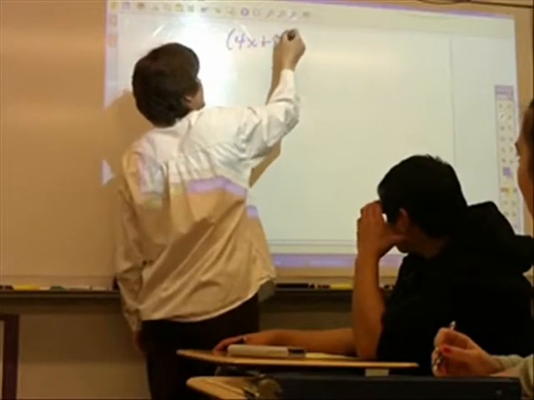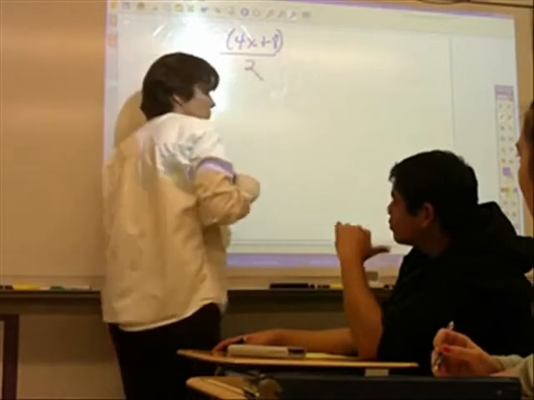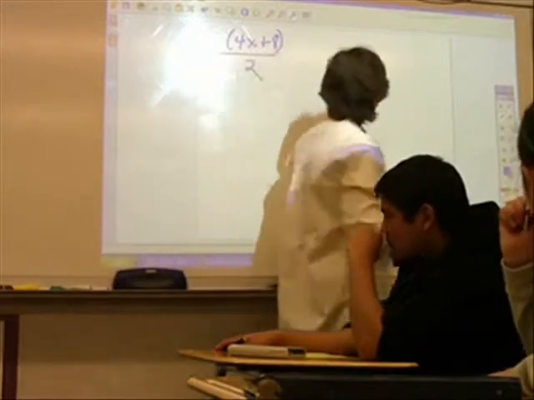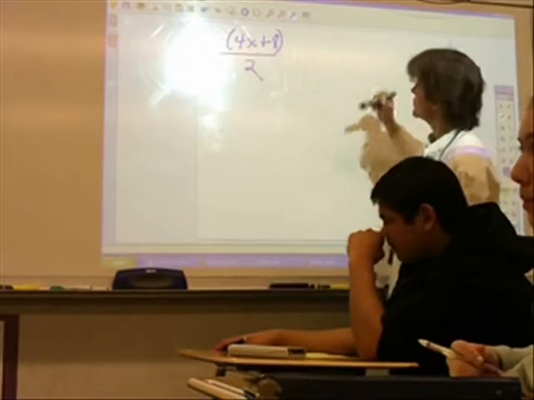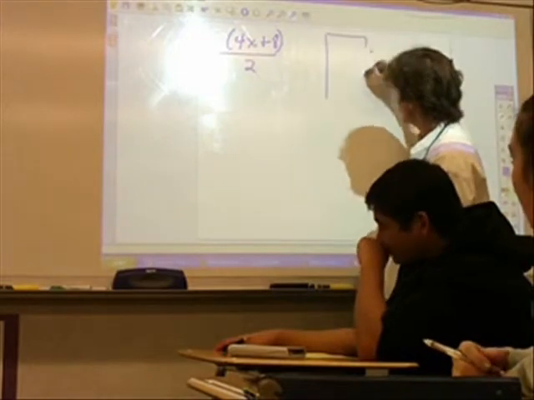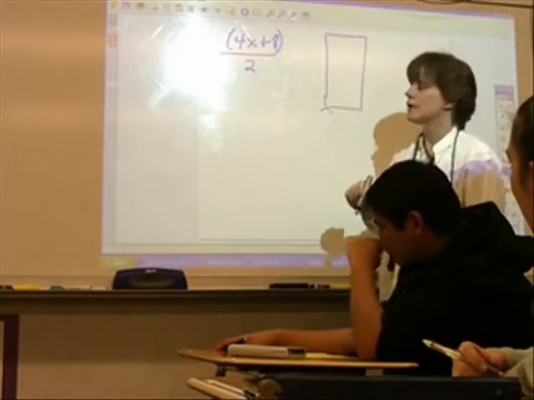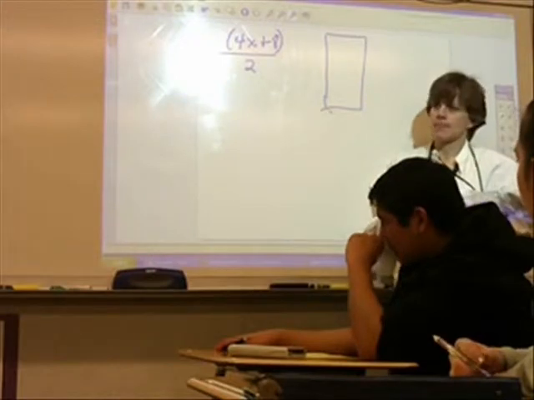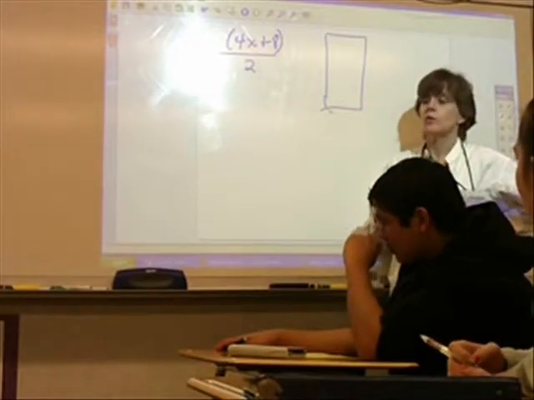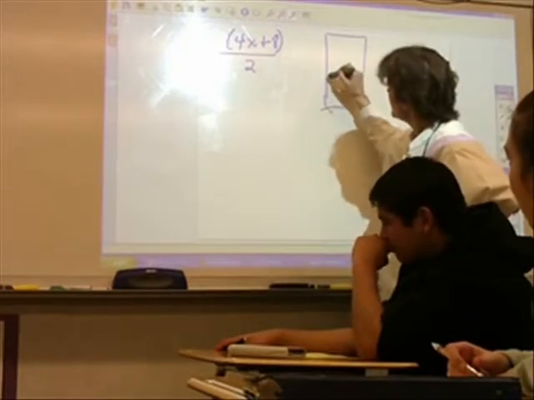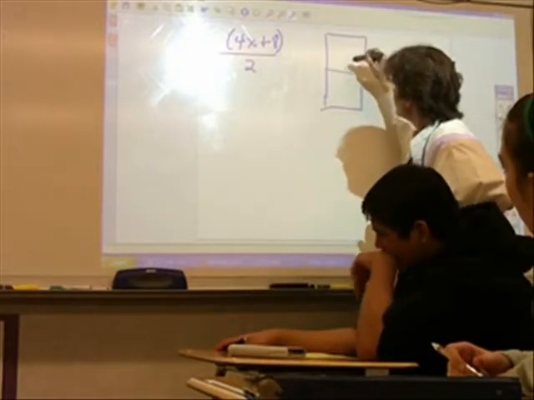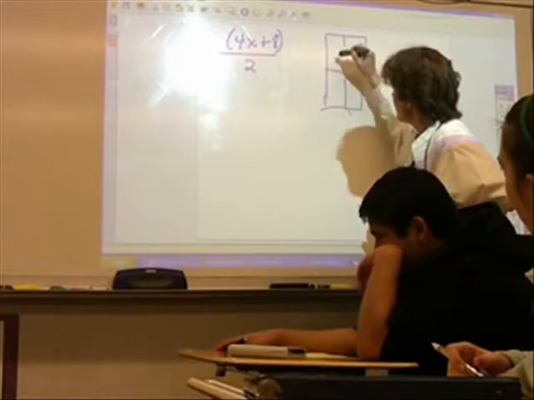4x plus 8 divided by 2. Now, Jasper, what are we doing here? Division. So we're still going to use an array. But this time, where do my numbers go? The other side. Inside. And what goes inside? 4x plus 8. So in here, I'm going to have 4 x's